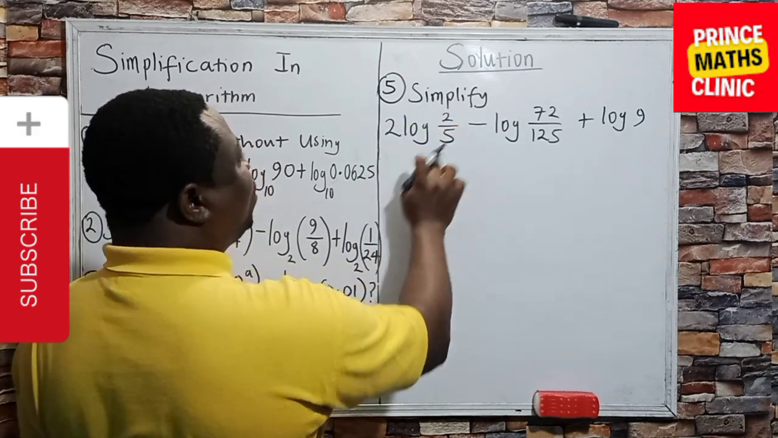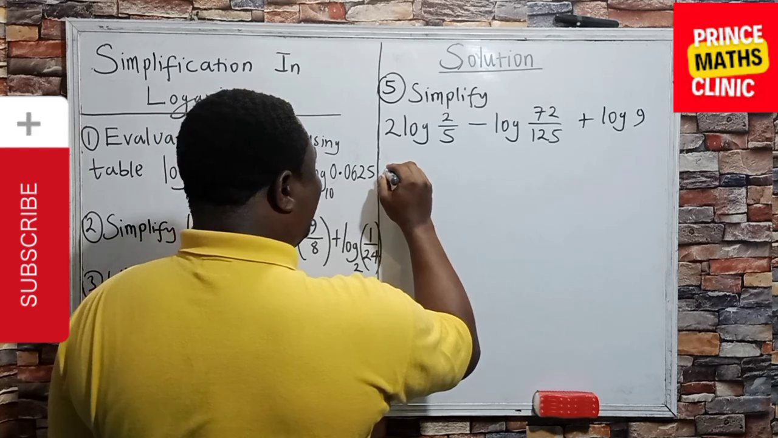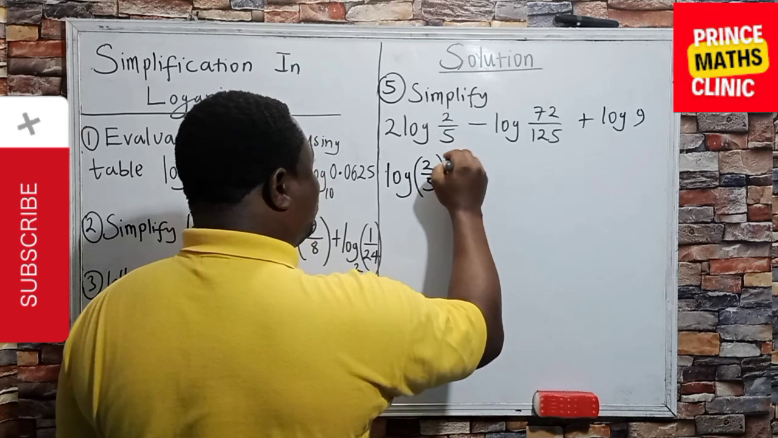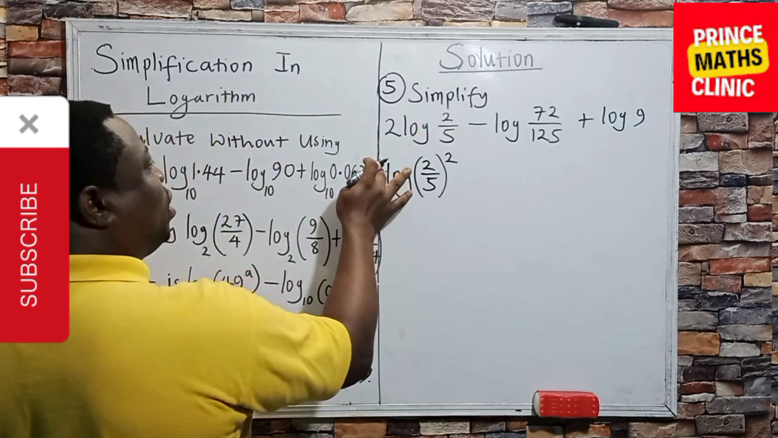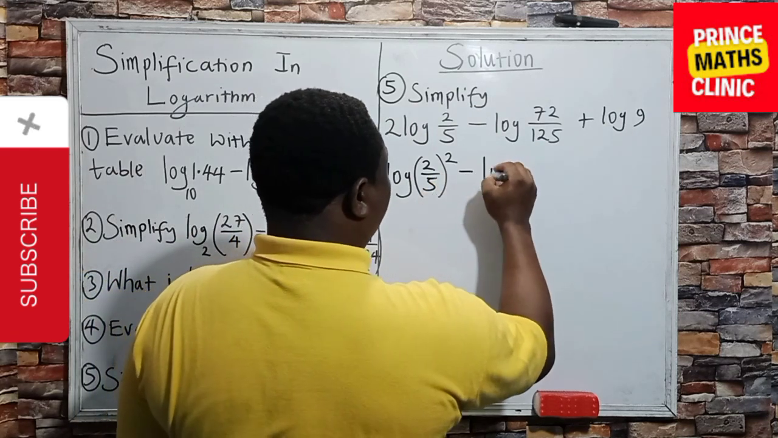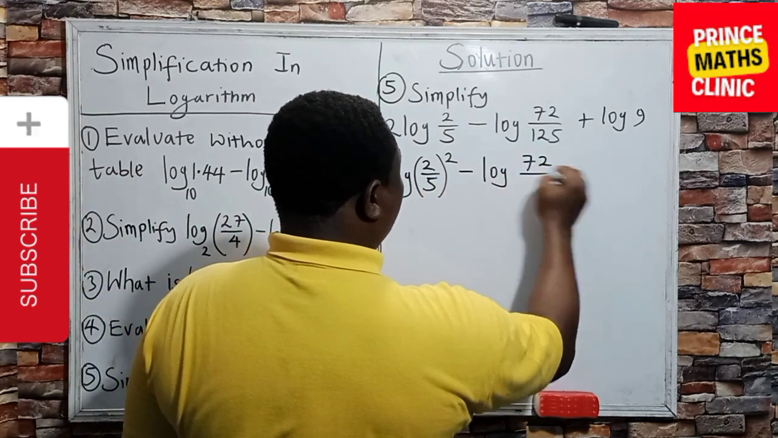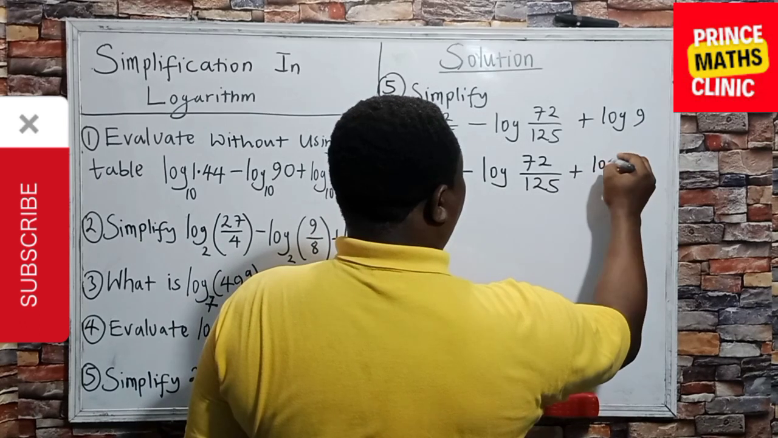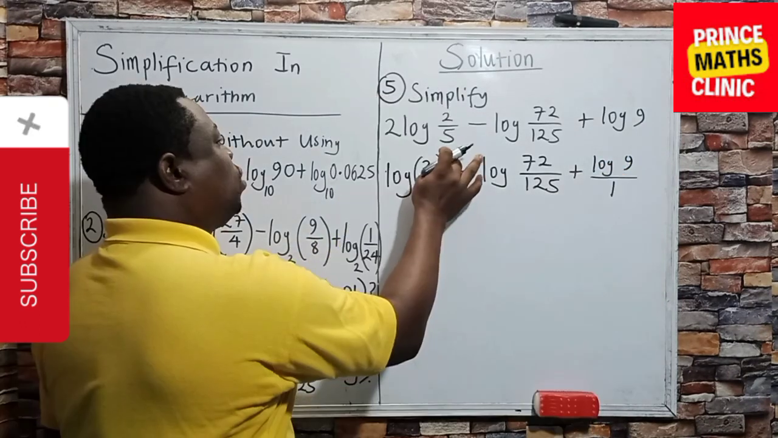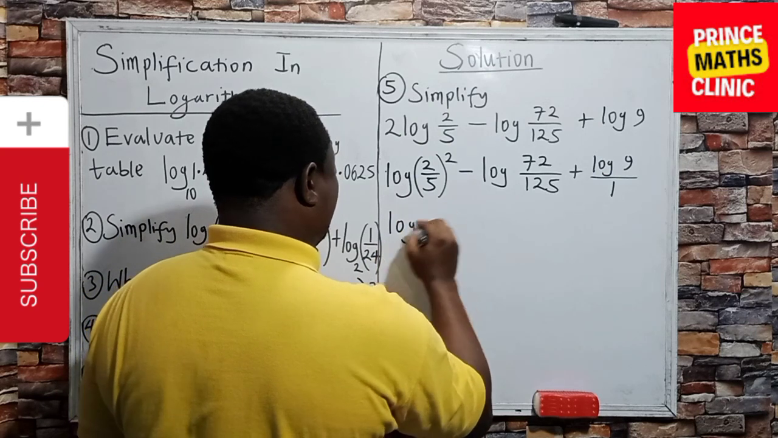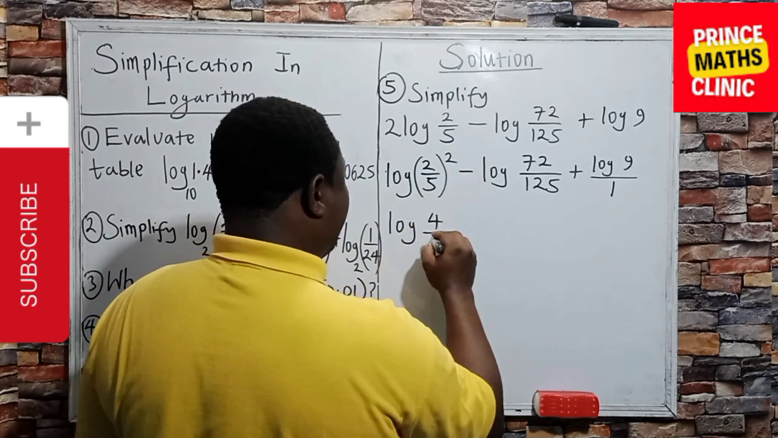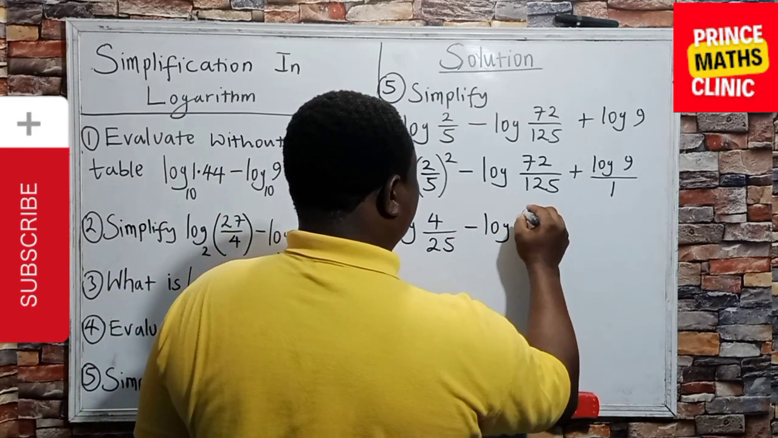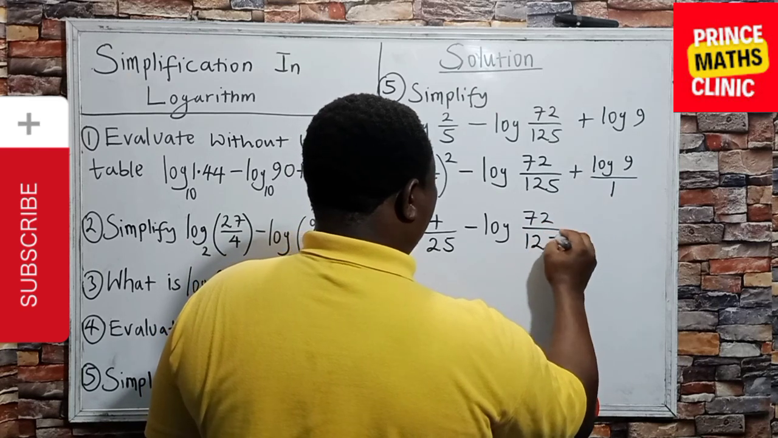This is 2 multiplying the log, so this can be written as log of 2 over 5, then all to the power of this 2, because it was from here it multiplied the log, minus log of 72 over 125 plus log 9. 2 squared means 2 times 2, so that is 4. 5 squared is 25, minus log of 72 over 125